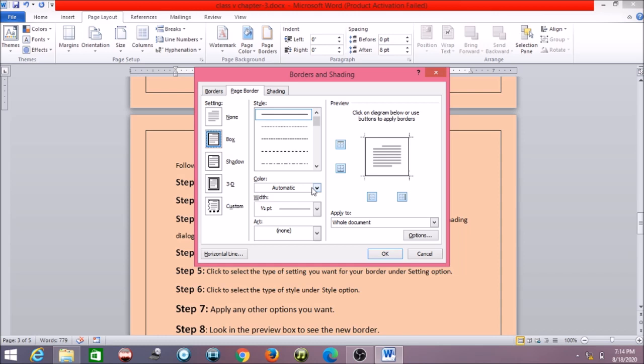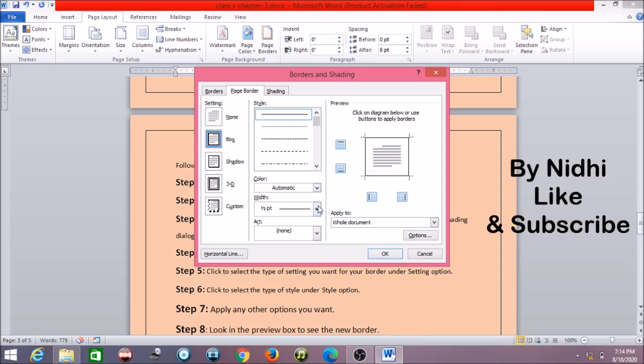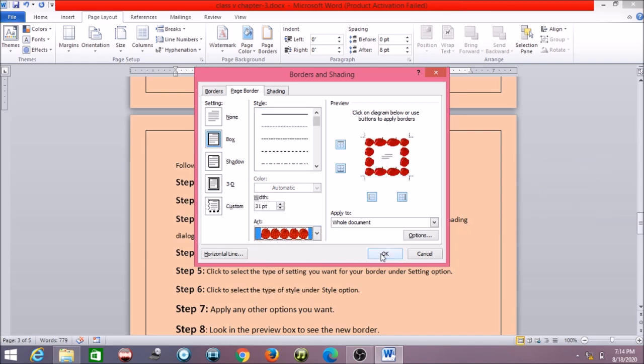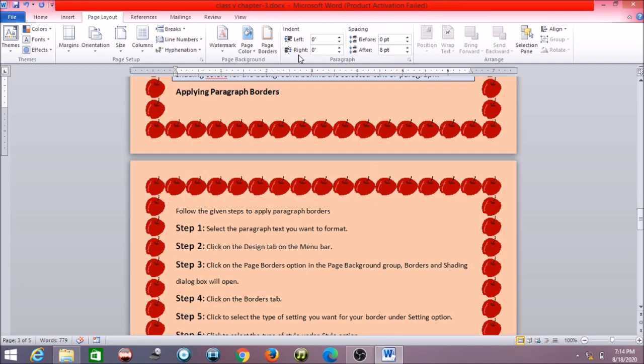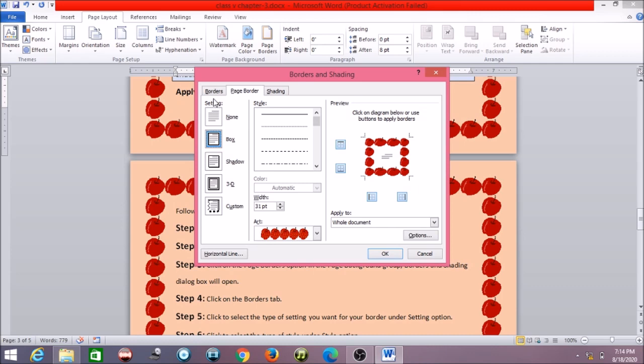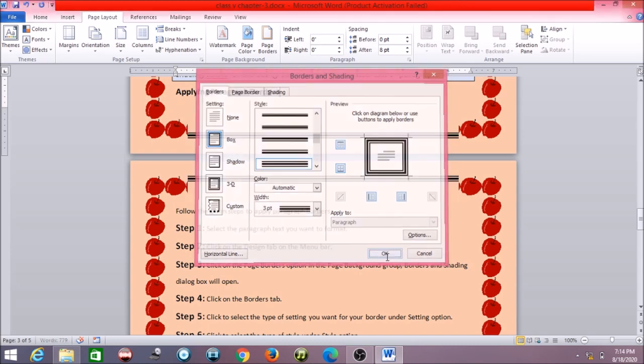If you want a 3D design or some colors or arts, you can give that also as a design outline. See, these apples are the page border now. From this you can apply the borders. From here you can select the dimensions or size of the page and then just press OK.